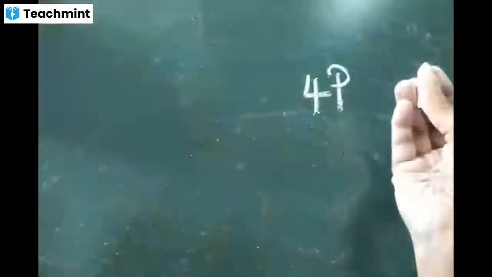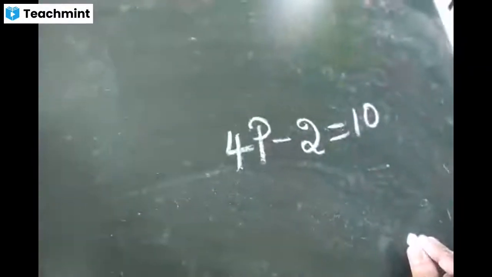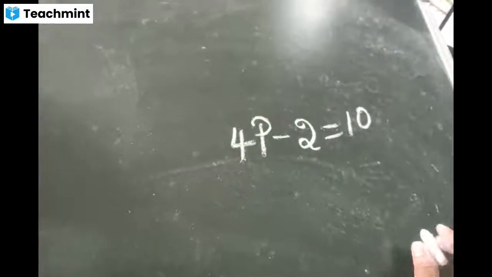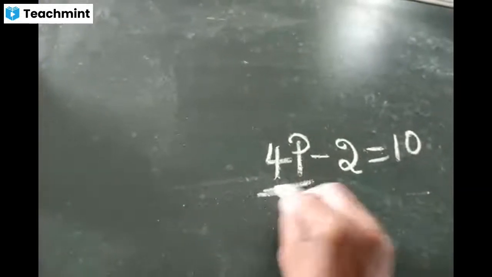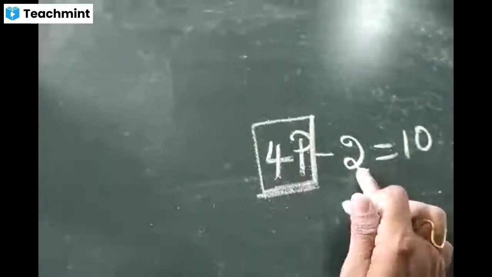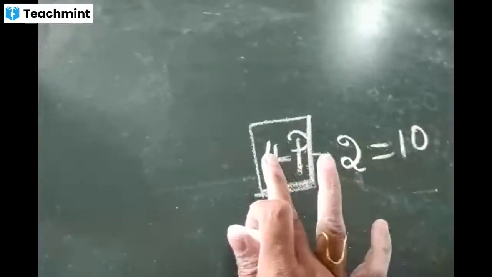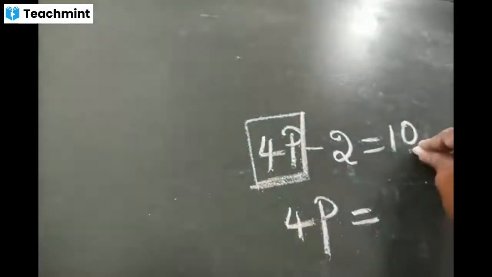The solution of the equation, just a minute. The solution of the equation 4p minus 2 is equal to 10. 4p minus 2 is equal to 10. Now, look here. This is the unknown term. It contains 4p. So I'll keep this one here. First, I will move the known term to this side. Afterwards, I am going for this 4. So first, keep your 4p here itself. Now, write what is there in the right hand side.